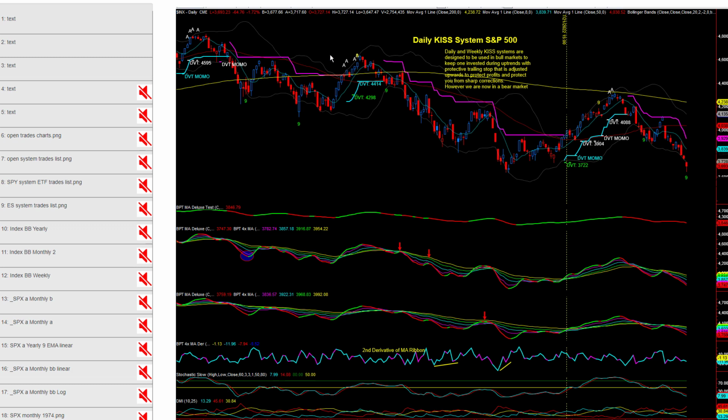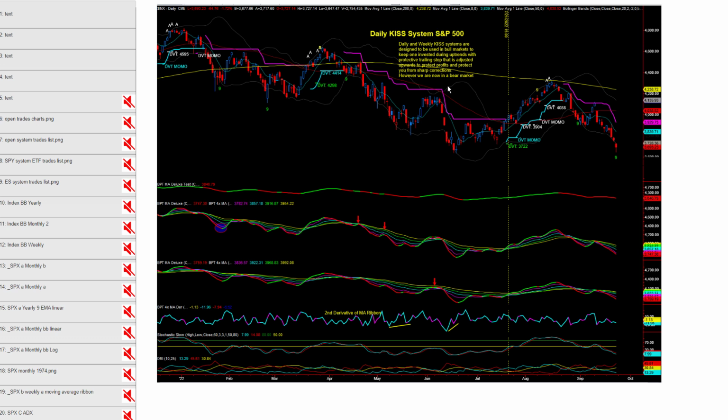Next. Image number 5. Here's the daily view of the KISS trend. So again, the daily is a little more active than the weekly. The daily got out of there in early January at 45.95, great price. It then took a brief long there in March. You could see it had 2 DVTs, higher low stops, and got out. Then it attempted another long there in July. It stayed in about 4 to 5 weeks. It got out at the 40.88 DVT. It actually made money on this, and it's been protected and in cash since. So it's done its job very well.